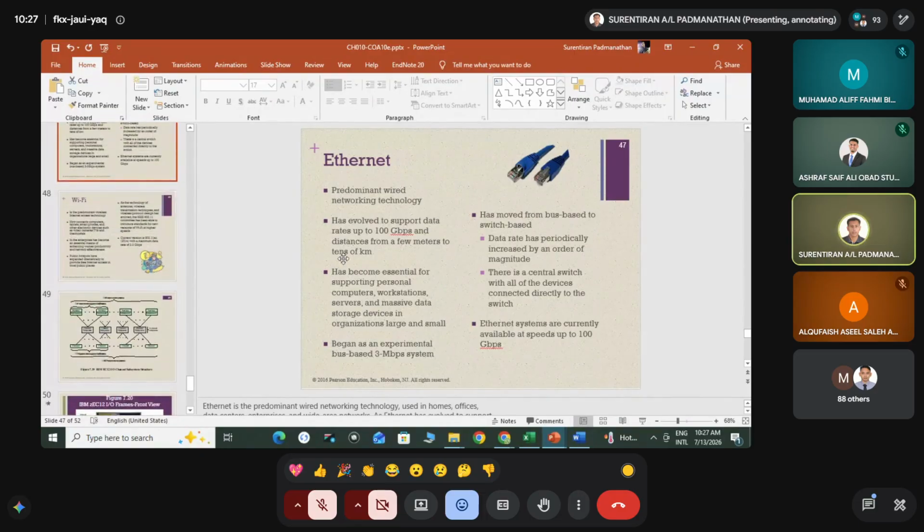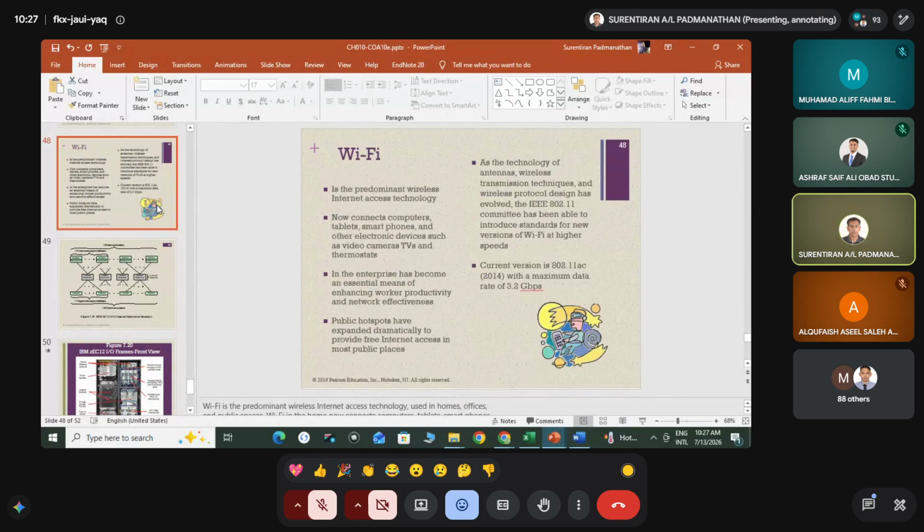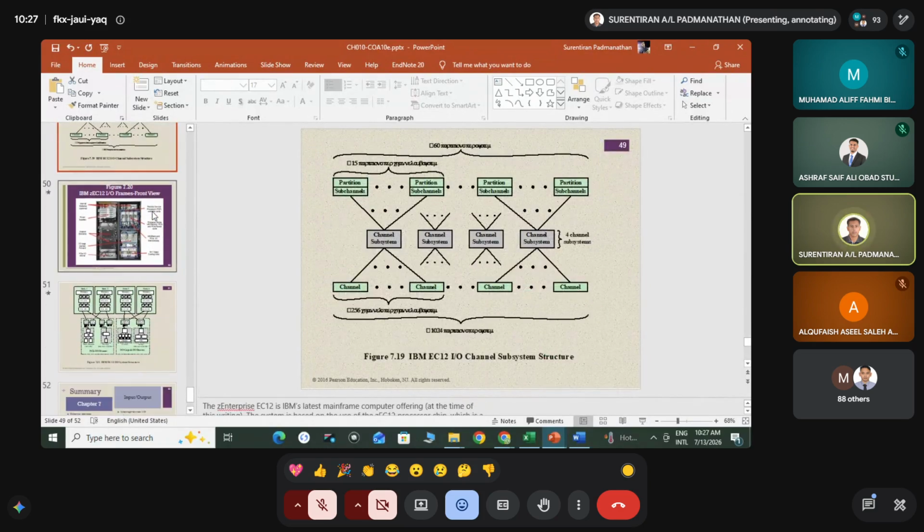It is all communicated through the input output module. Without the input output module, you can't communicate with external devices. Before that, everything happens inside: the internal memory, external memory, all inside the PC. If you want to communicate with another PC or other external devices, you need the input output module. Then for Wi-Fi here,